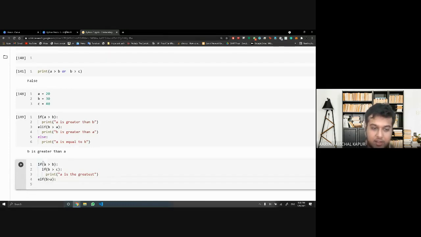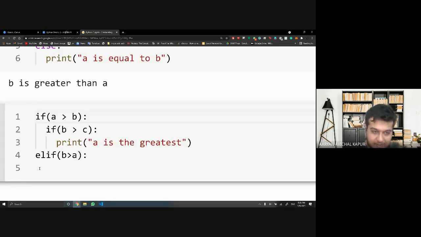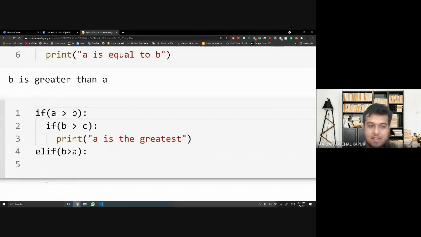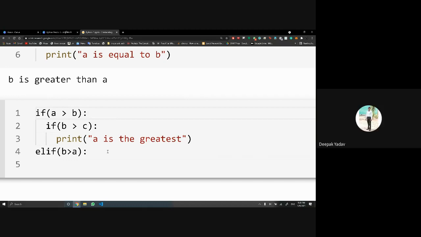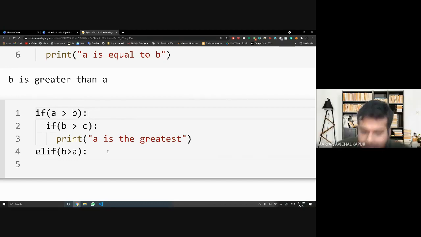Every indentation matters a lot. You can see this line is where the outer if and elif is working. This is the line where the inner if is working. Is this clear to everyone? How nested conditions would work? If it's clear now, it will help you a lot when we go to nested loops. Yes, sir. Understood.